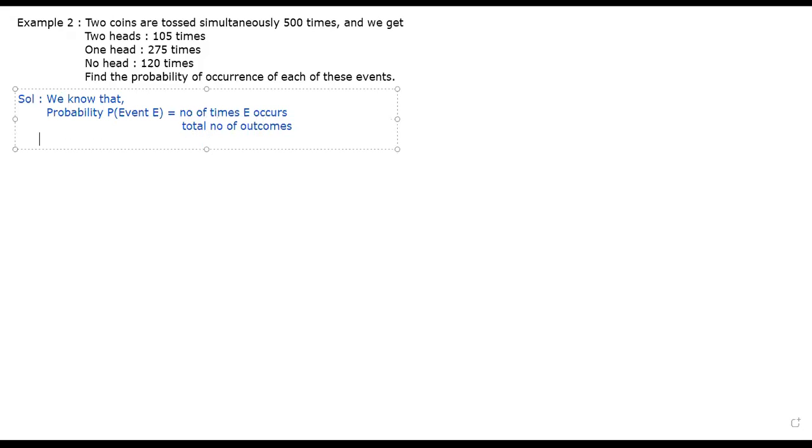Yes or no? Yes. So what is the first probability? Probability of getting 2 heads is equal to